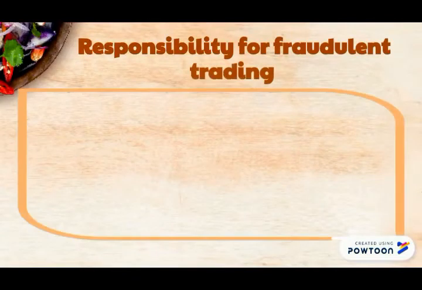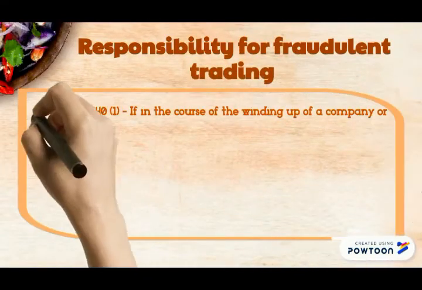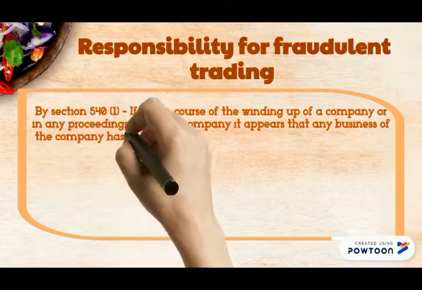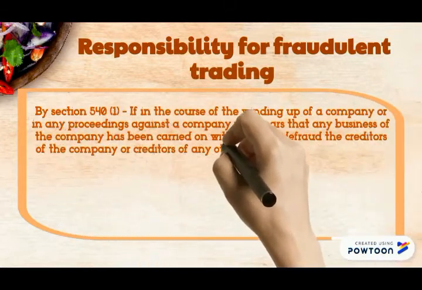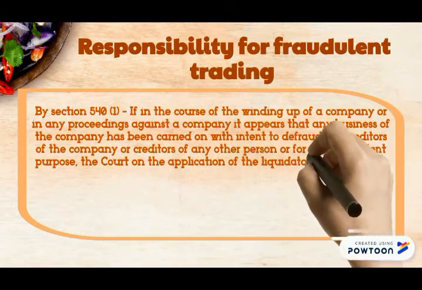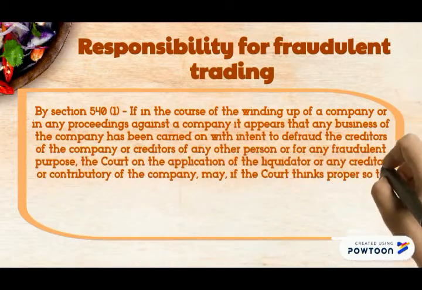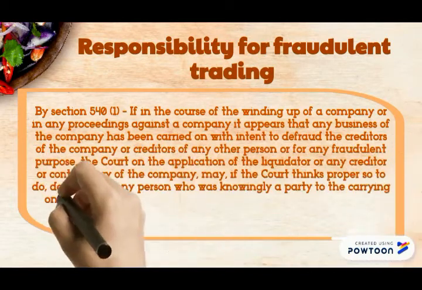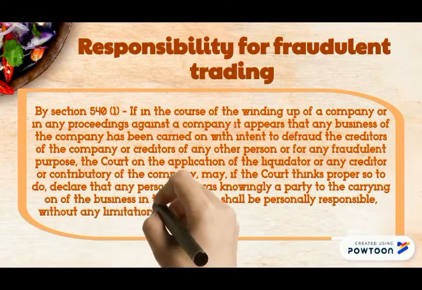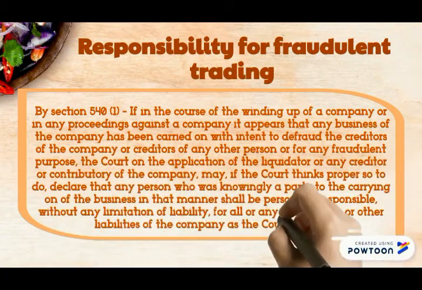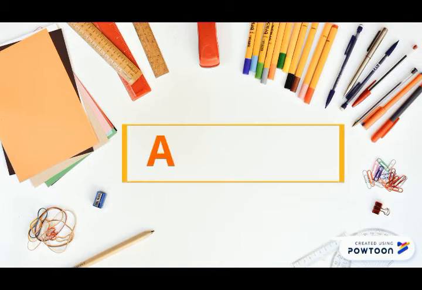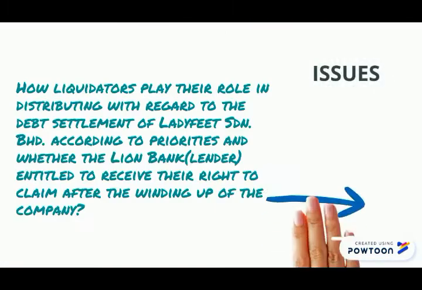Responsibility for fraudulent trading. By Section 540, Subsection 1, if in the course of the winding up of a company or in any proceedings against the company, it appears that any business of the company has been carried on with intent to defraud the creditors of the company or creditors of any other person or for any fraudulent purpose, the court on the application of the liquidator or any creditor or contributory of the company may, if the court thinks proper so to do,